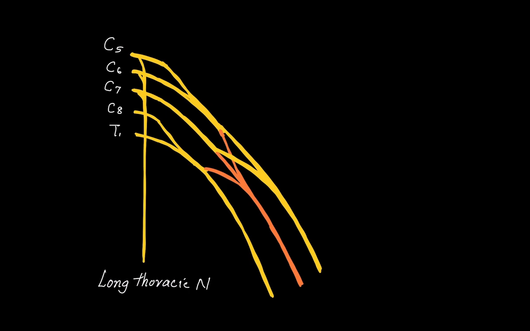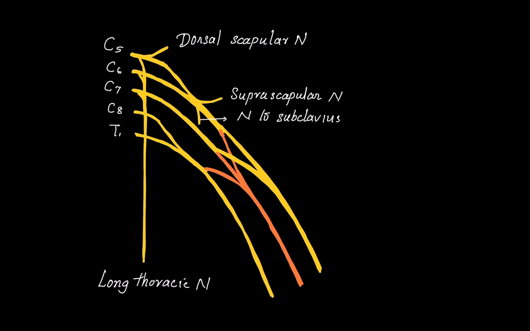This is the long thoracic nerve. And draw the dorsal scapular nerve from the C5 itself. Then from the trunks, draw the suprascapular nerve backwards and nerve to subclavius anteriorly. Now branches from the cords. First you draw the medial pectoral nerve from the medial cord and lateral pectoral nerve from the lateral cord just